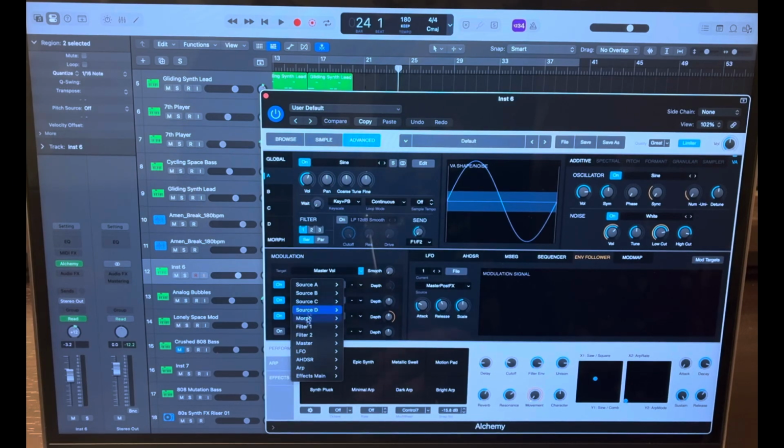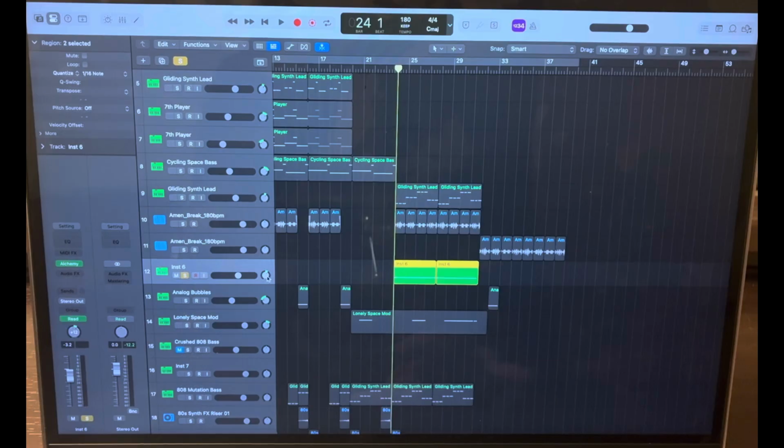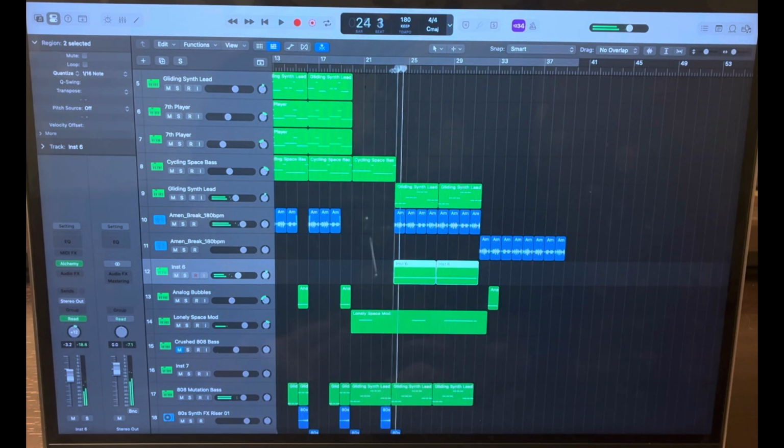I've put quite a few modulations on, but don't want to confuse anybody. But essentially, this is the sound. It's literally playing one note. It's slightly panned as well. And then it just fills the mix a little. And you could barely hear it in here, but